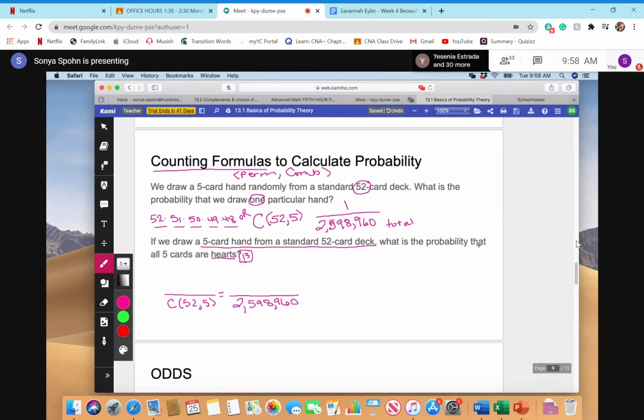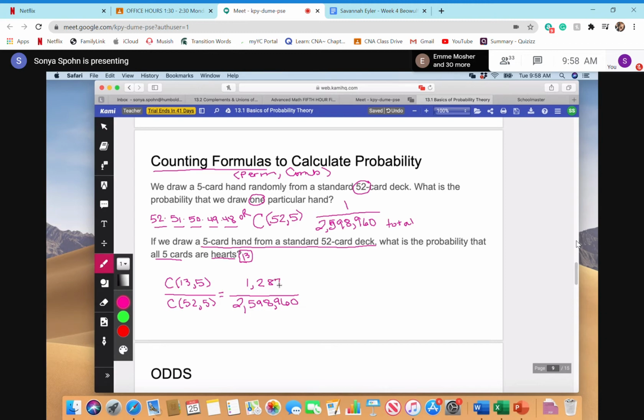So we are still picking, but we're not going to put a 13 here, because it's asking us for the probability that we get 5 cards again. So for this one, we're going to do combination 13, 5. That represents how many different ways we can get 5 hearts in our hand. Maybe it's the 2, the 3, the 4, the 5, and the 6. Maybe it's the 3, the king, the queen, the 6, and the 8. So we'd have to do 13, 5 for our combinations, and that is